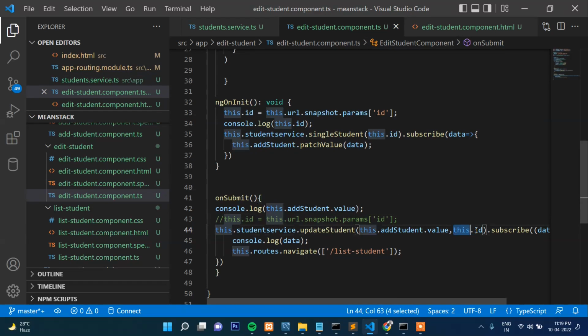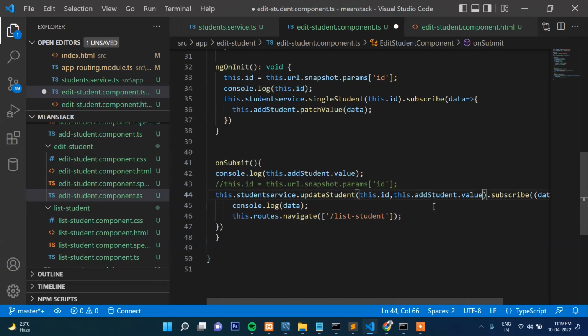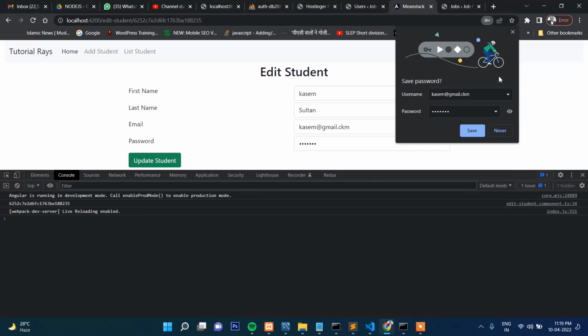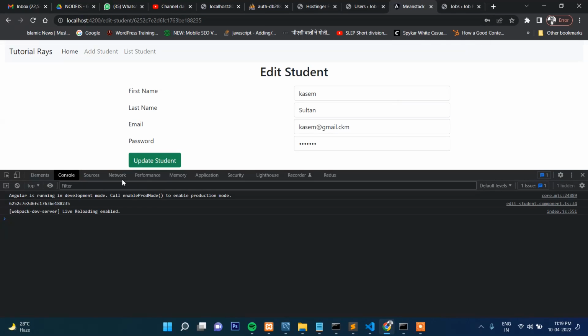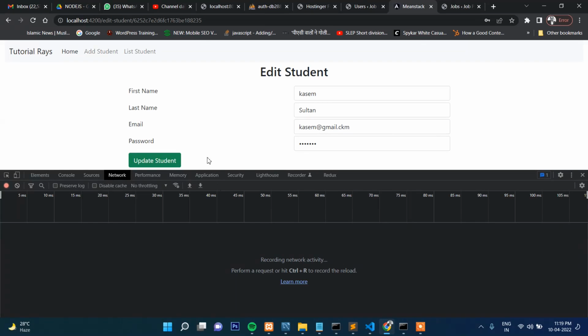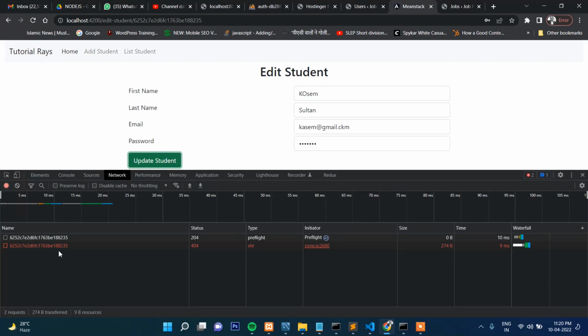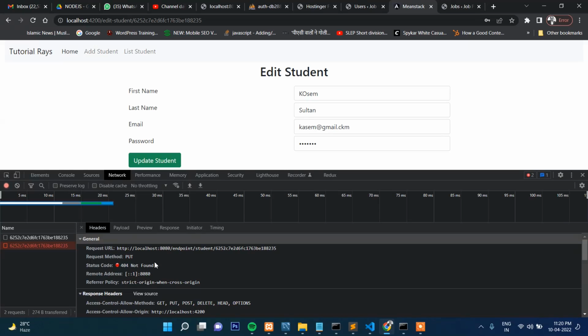So let's do one thing, let's change the sequence. So first will be id and then the student. So now let's try what's the result. If we try to update now, so what happens here? Still there is id passing, but there is some problem. So what's the error? Student